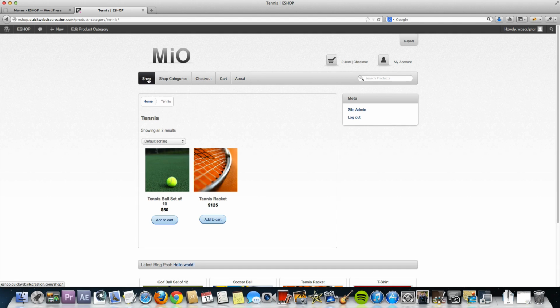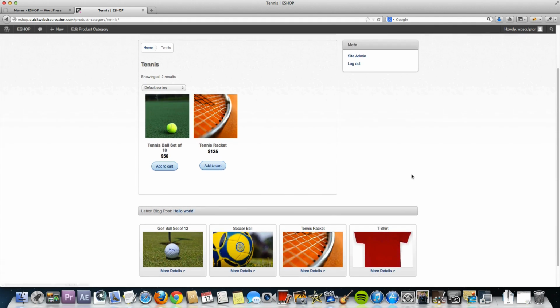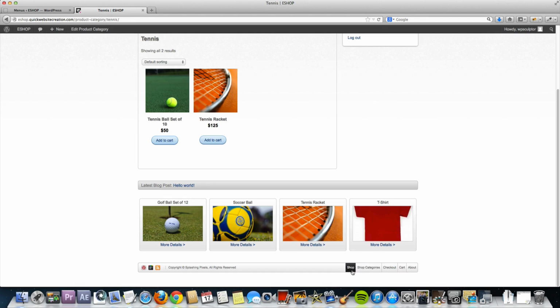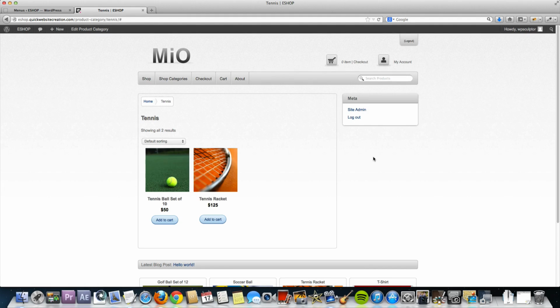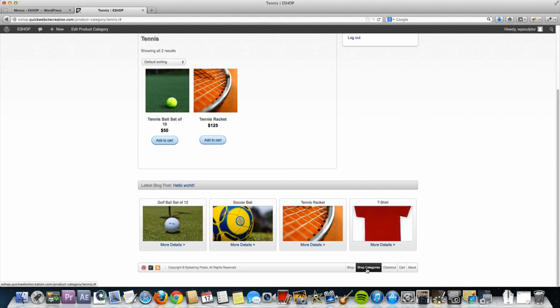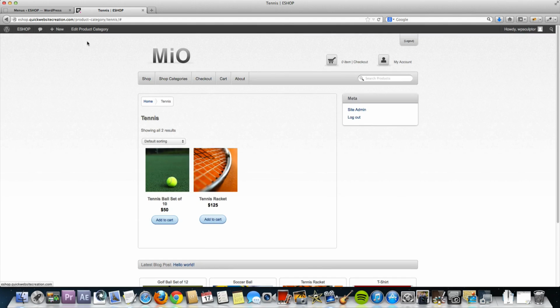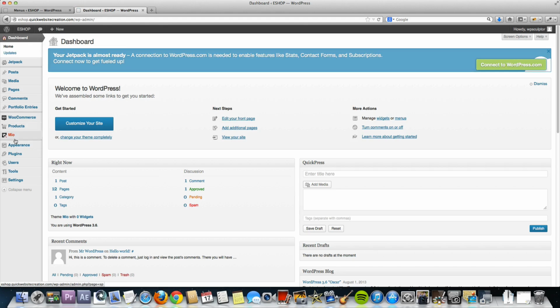Now, the next thing I want to point out is the footer menu. I think I said earlier it does not support the drop-down, so if we click on shop categories, nothing happens. It stays on this page because that's not a link to anywhere. So we're going to set up a different menu for the footer. Go back to your back end and click on Appearance, hover over Appearance, click on Menus,